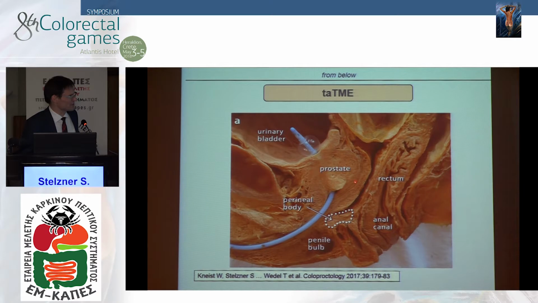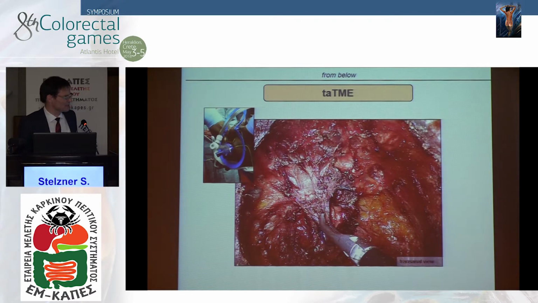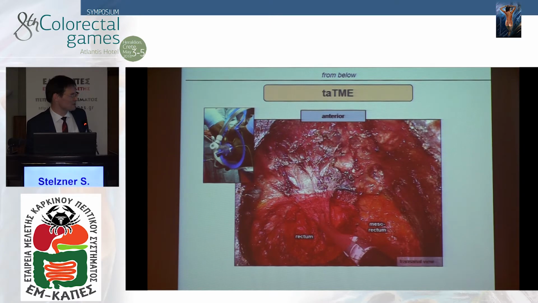and if you come from this area, then the axis of your platform runs into the direction of the prostate. And if you are not aware of this angle, then it is quite easy to bridge this little space between the outer rectal wall and the urethra and run into problems with opening the urethra. This is the view you get in the anatomical specimen. This is anterior. There is the rectum with the mesorectum around, and the prostate with the urethra is just behind there, and you need to be cautious not to advance too much in that direction,